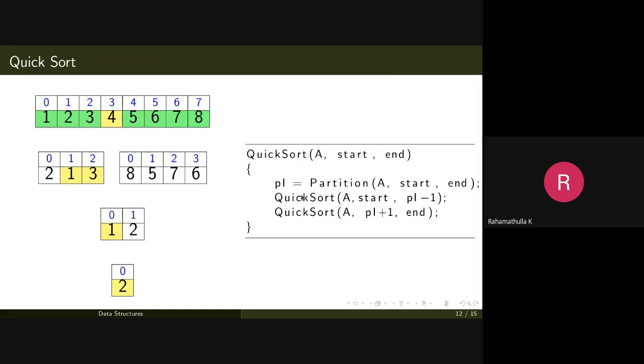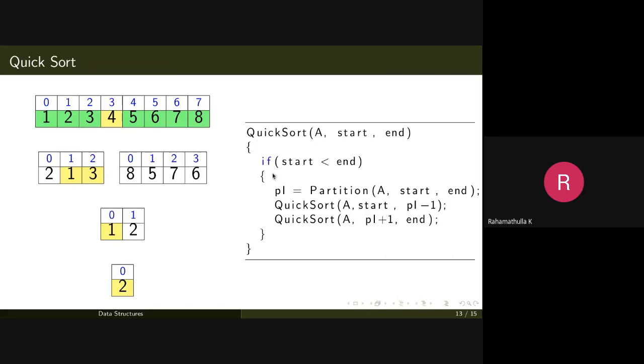So this recursion will go back and do the partitioning again. We have just explained this with this example. Here one thing we need to add is the base condition. This code will be executed only if start is less than end. So at some point, if there is only one element in the list, then the recursion should roll back and stop, and that is the termination condition of the recursion.